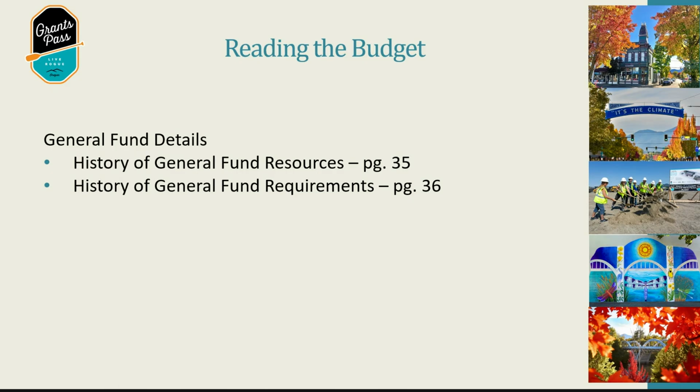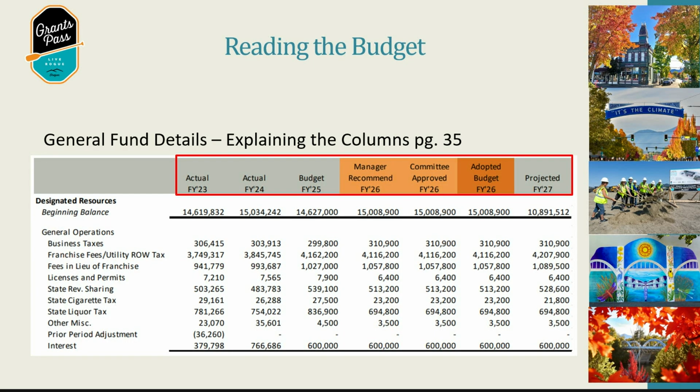The next one is page 35. I think I have this. It's going to look like this. Little orange box on the top, and I think I have this actually broken down a little bit easier so you can see. On page 35, how to explain this, which most of the budget document is laid out this way,